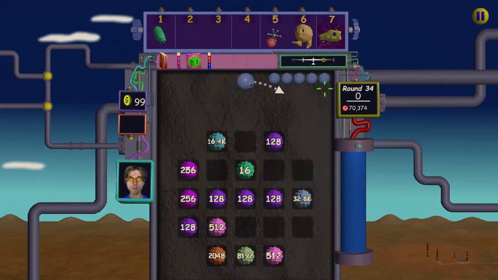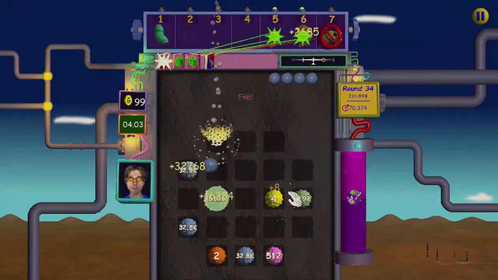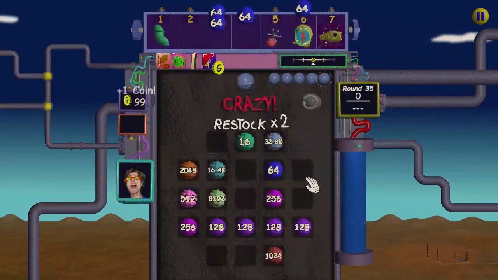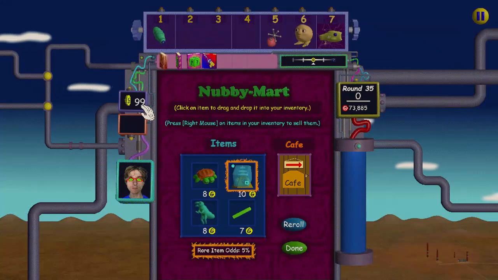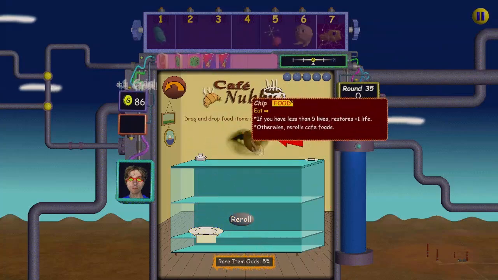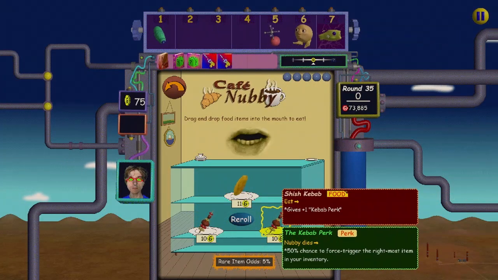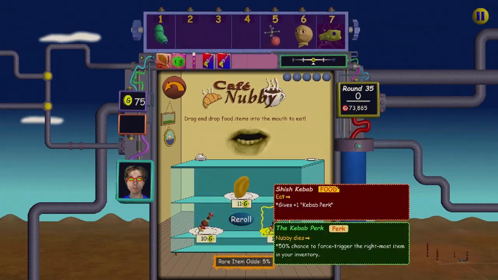So it's very nice. So I suppose in this little interim, now that we have been comfortably sat in how Nubby's gonna function for the rest of time. Also, we're at max 99 coins. So all that crazy stuff that happened earlier. Yeah, duplicate that. Eat that. Eat that as well. The Shish Kebab, gain the kebab perk. Nubby dies as a 50% chance to force trigger the rightmost item in the inventory. Which...